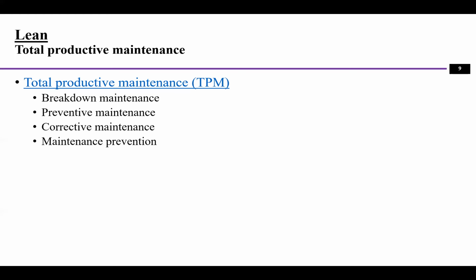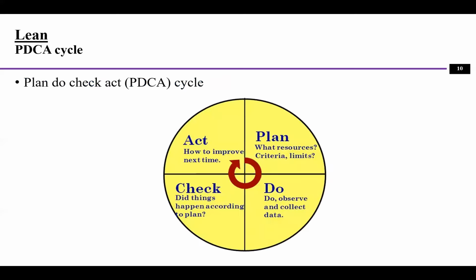Think about your HVAC, right? If you don't care about it at all, if you do not do regular service, maybe you can only use your HVAC for 7 or 8 years. But if you do regular service, maybe you can use the equipment for 15 years. So in the Toyota Production System, they developed this whole set of activities and practices to maintain and prevent errors, problems, or breakdowns of all this equipment. It's called Total Productive Maintenance.